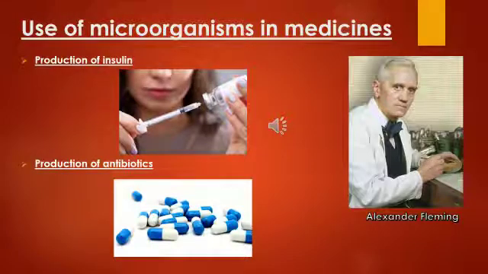These microorganisms are widely used in the field of medicines, like production of insulin, antibiotics, vaccines. Okay, you people have come across these terms. Polio drops, and we often take antibiotics when we face bacterial infection, and also insulin is widely used for diabetic patients, isn't it? So let us see these benefits from microorganisms. First is production of insulin. We know that some bacteria are used to produce synthetic insulin, and it is a hormone. Insulin is a hormone that controls the level of sugar in the blood.